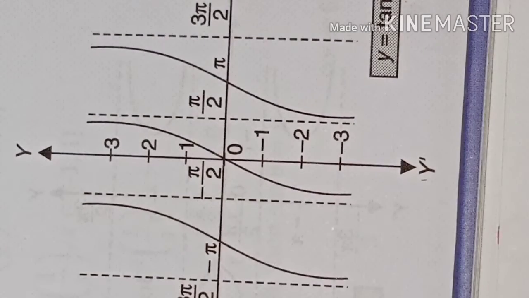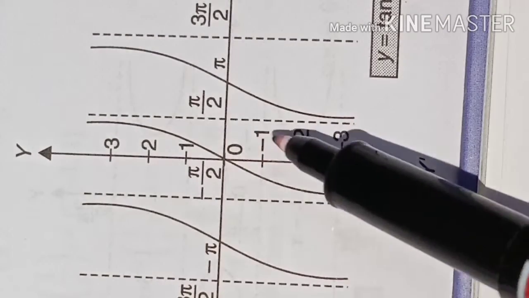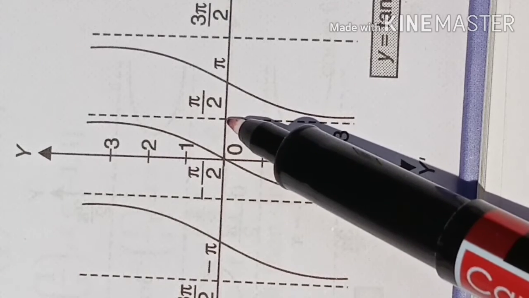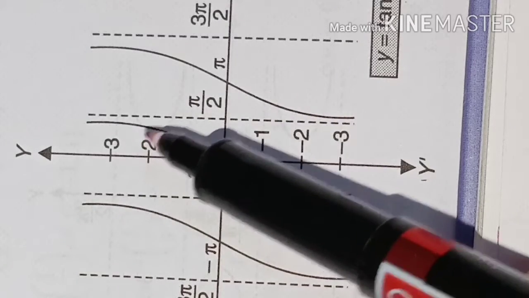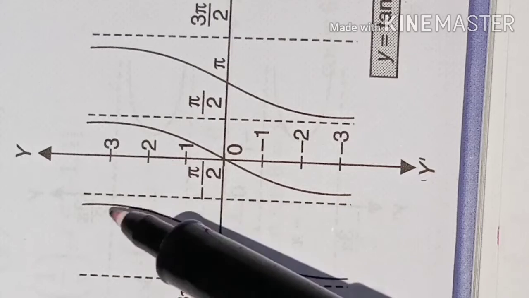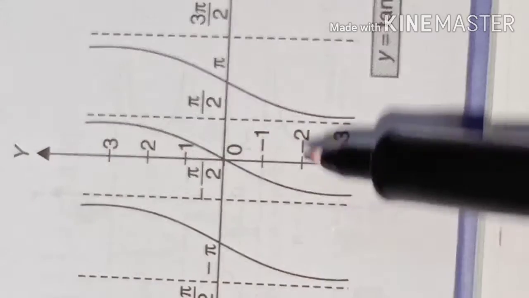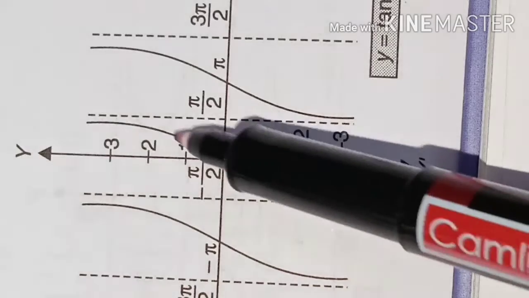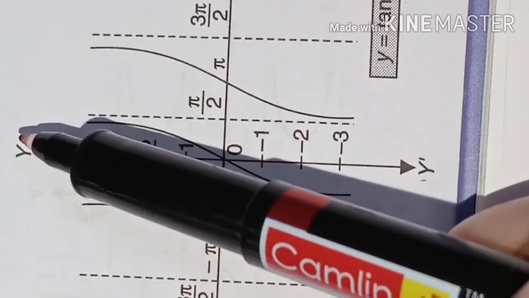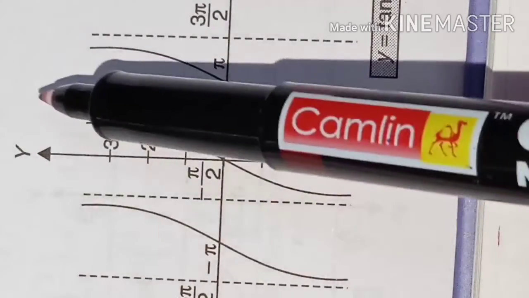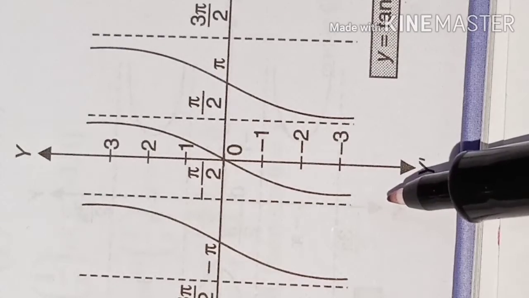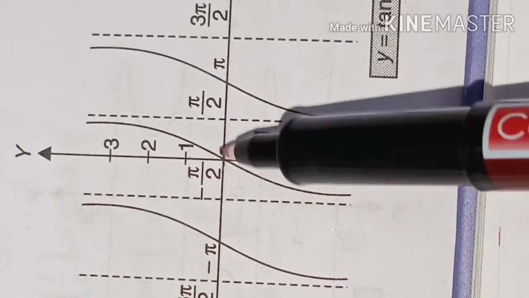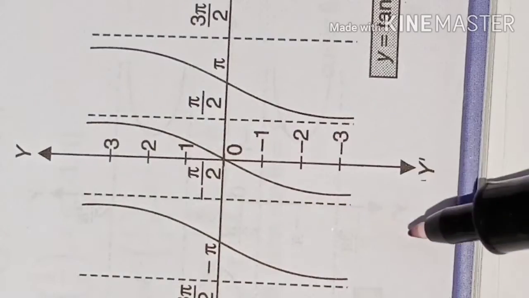so the tan function, its graph is this one. At pi by 2 there is a vertical asymptote. At minus pi by 2 also there is a vertical asymptote, because near pi by 2 and minus pi by 2 the tan function's value is infinity. So it will go towards positive infinity or towards negative infinity. It will never meet the asymptote. It will be very large or very small.